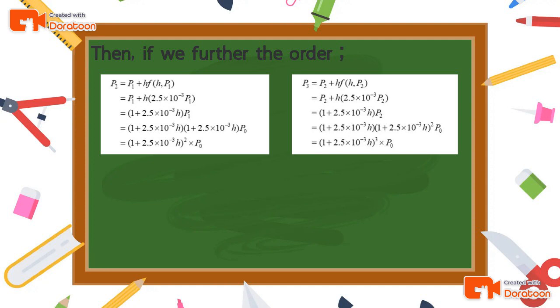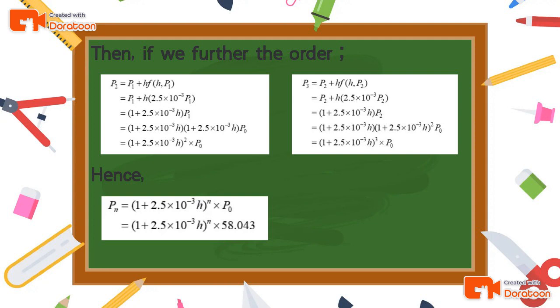From this, inductively, we can see that the pattern leads to P_n = (1 + 2.5 × 10^-3 h)^n times P_0. Therefore, we prove that Euler's method applied to the initial value problem can lead to P_n = (1 + 2.5 × 10^-3 h)^n times